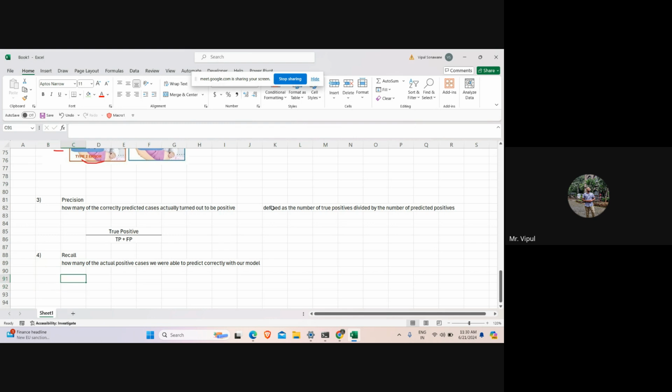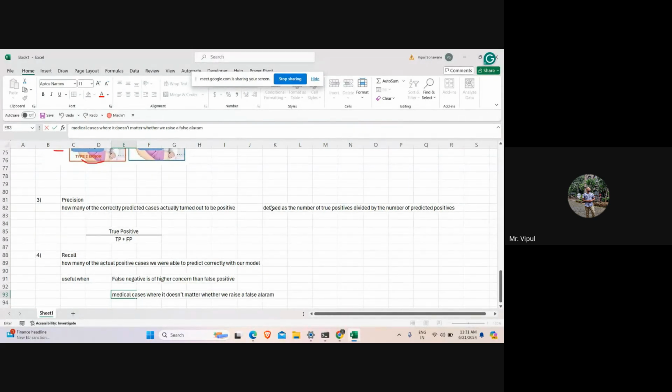So it's a useful metric when... ये कब useful है? It is useful when your false negative is of higher concern than false positive. और ये कब है? जहाँ पे फॉर एग्जाम्पल मेडिकल केसेस, where it doesn't matter whether we raise a false alarm, but the actual positive cases should not go undetected,